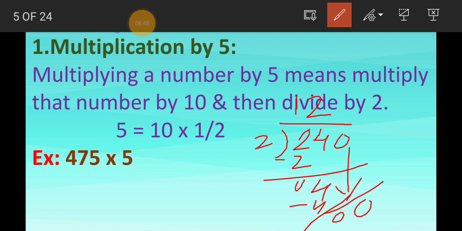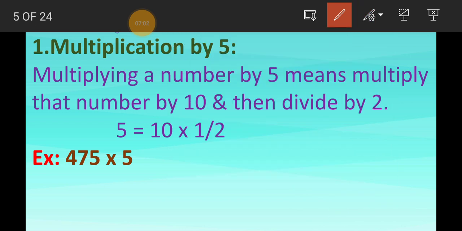I have already taught this concept in 4th standard also. So 2 zeros are 0. So this is what we call zeros. If you are taking 0 from up, you have to divide. If 0 is coming after the subtraction, then that is okay. Okay, let's move to the next one.